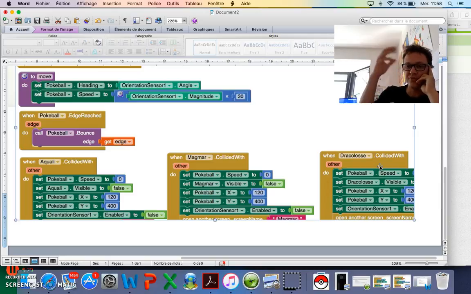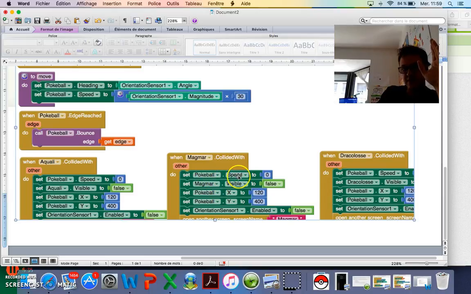So you must open a new screen and go further in the application. So for example, when you collide with Draculus or Magma or Aquali, you have to stop the ball, so you have to set its speed to 0.